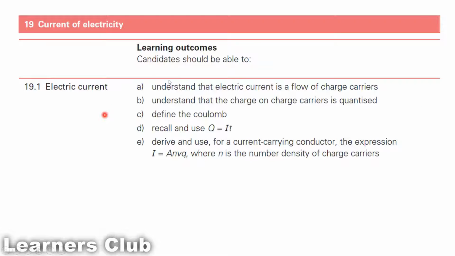So under electric current, the learning outcome: you will be able to understand that electric current is a flow of charge carriers. Understand that the charge on charge carriers is quantized. Define the coulomb. Recall and use this formula Q is equal to IT. Charge is equal to current into time. Derive and use for a current carrying conductor the expression I is equal to Anvq, where n is the number